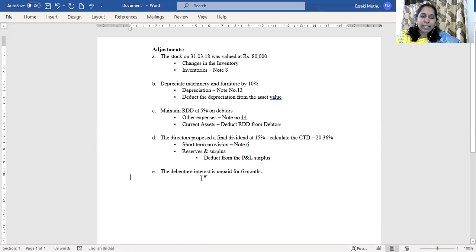Okay, next the last adjustment is debenture interest due. So it's like outstanding interest. Outstanding interest means it is payable. So number one, generally debenture interest will be shown under the category of finance cost. So under finance cost, already you would have paid some amount of interest. Otherwise, this should be shown as an interest due. If some interest is already paid, then you can add the interest due and write the net amount of interest in the amount column. So under the finance cost, that is note number 12, you have to show this debenture interest due.